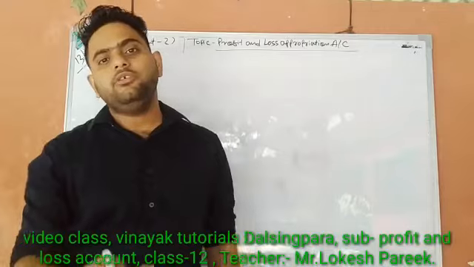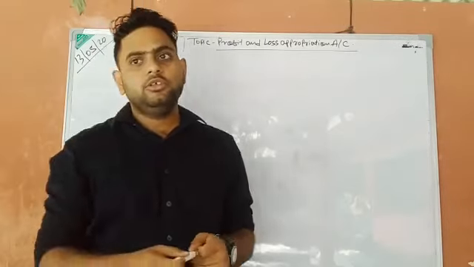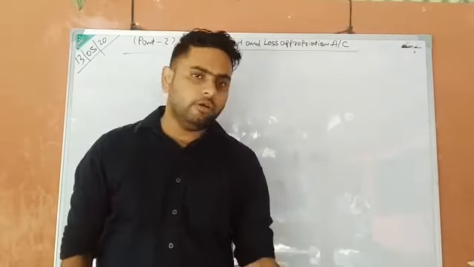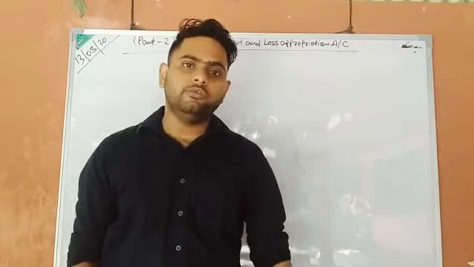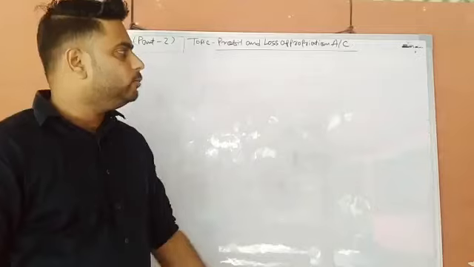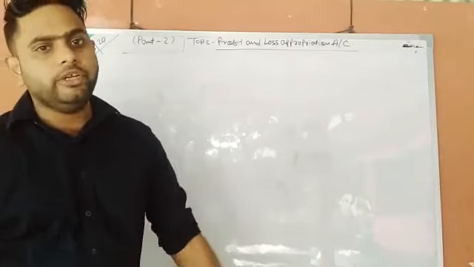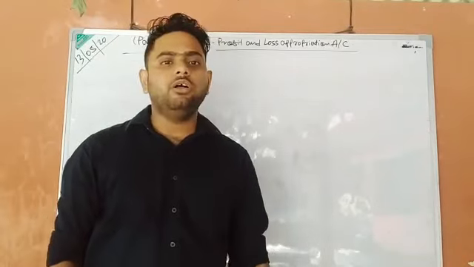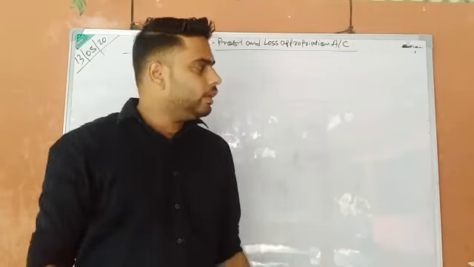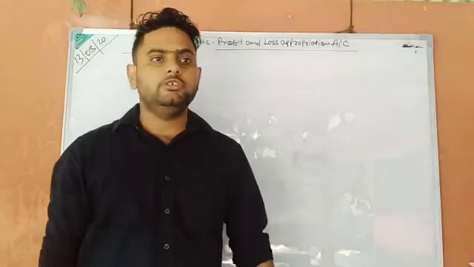In class 11 you have already done the profit and loss account. Profit and loss account is a nominal account, so the profit and loss appropriation account is also a nominal account. In every account we have debit and credit, but here on the debit side the expenses will come, and on the credit side all the incomes related to our business will come.